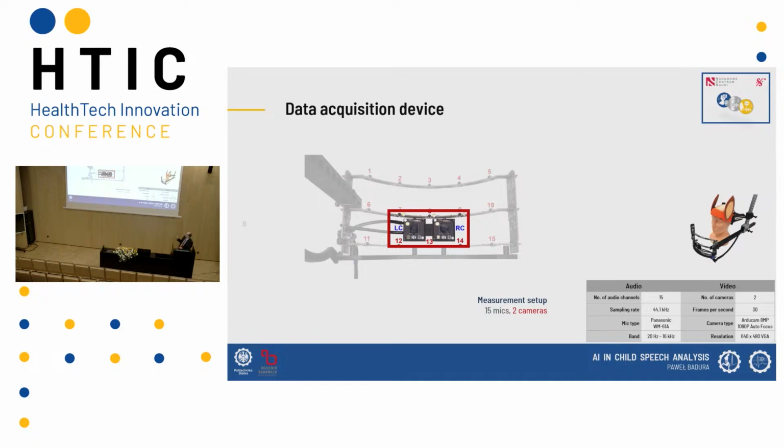If you look at the parameters, we have a 44 kilohertz sampling frequency and a VGA resolution of 640 times 480 at 30 frames per second. For this study, it was enough. In the current project, which Michał leads and the team still develops, they are going wider with the equipment. They try to increase the resolution and so on.